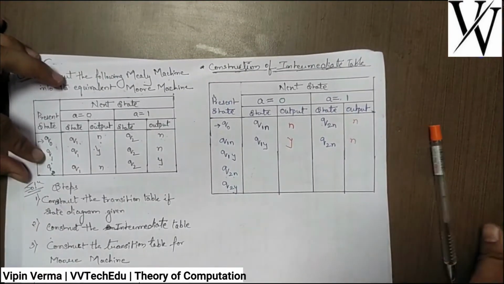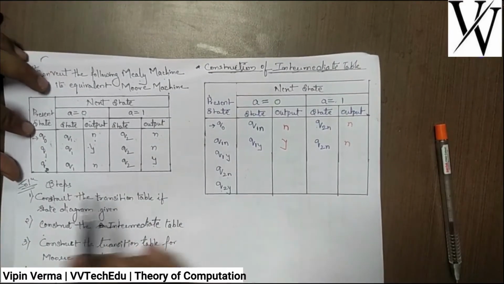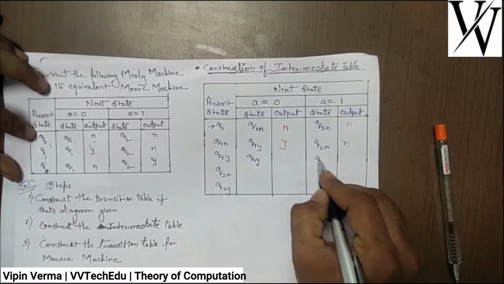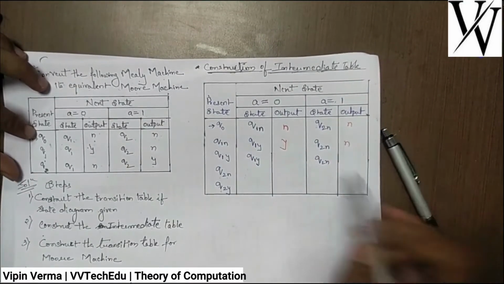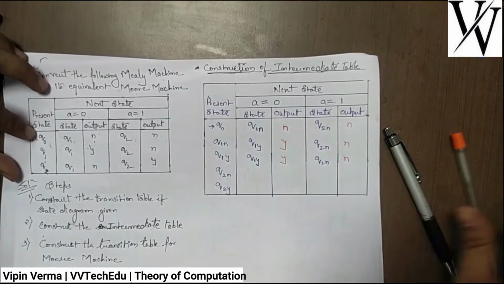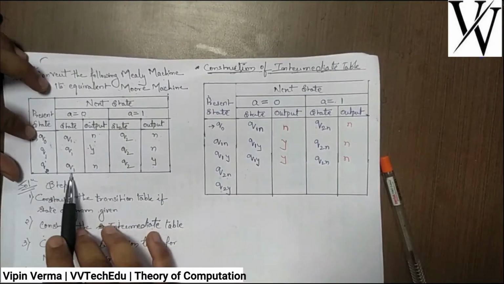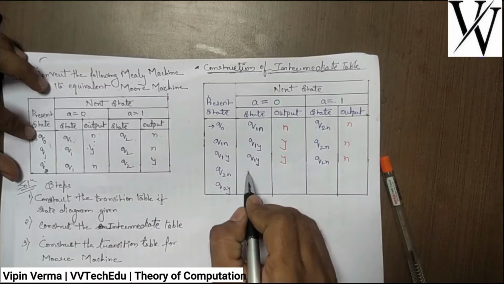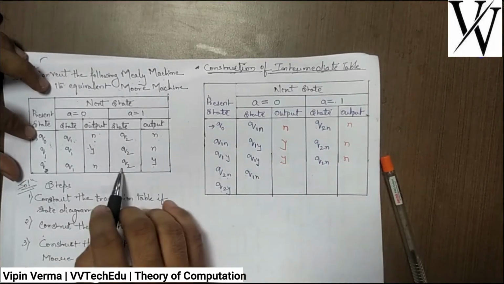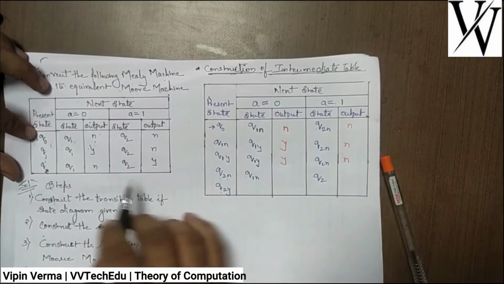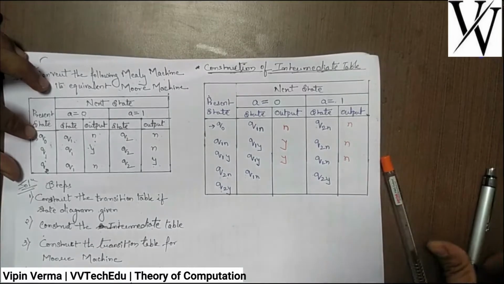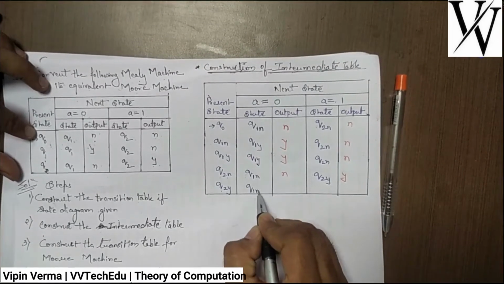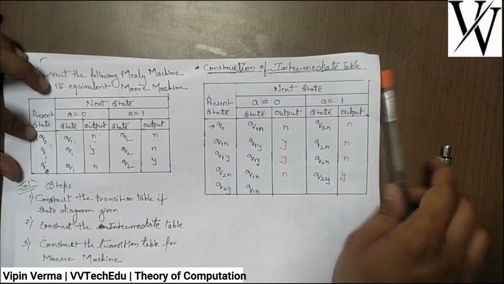Okay, then Q1y, so we just need to repeat this thing here without making any changes। Just write down the same transitions। Okay, now Q2n we have the transition for Q2 is Q1n, so just write down Q1n, and the next one is Q2 but of output y, so Q2y, here it is n, it is y। Now the last one is we just need to repeat the above steps because these states having the same transitions, we don't need to think about it।